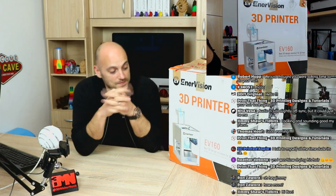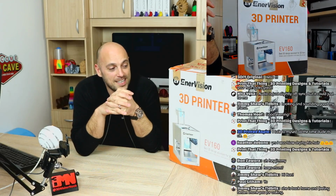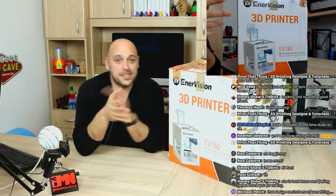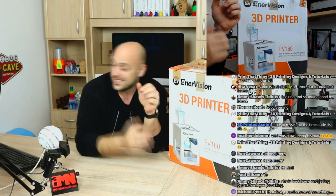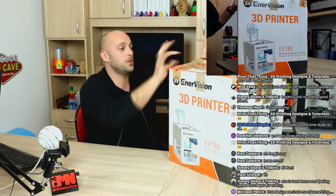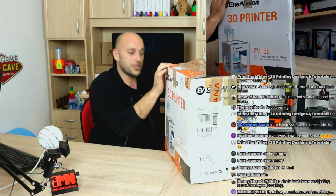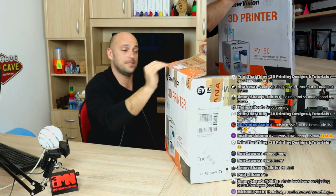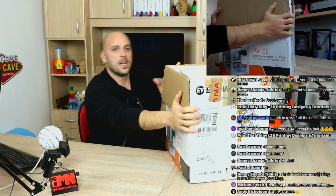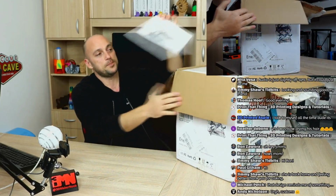So, okay, this printer packs quite a punch. I have gone through all the specs. I will get to them as I go along, but I'm actually quite excited about this printer. And I'm going to open it. As you can see, it's been through quite a lot. There's a lot of customs tape. It was opened and closed and reopened. I kind of checked and it made it in one piece, which I'm kind of not surprised about. This thing is built like a tank. First up, we have